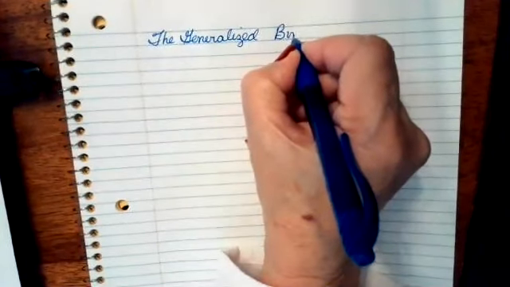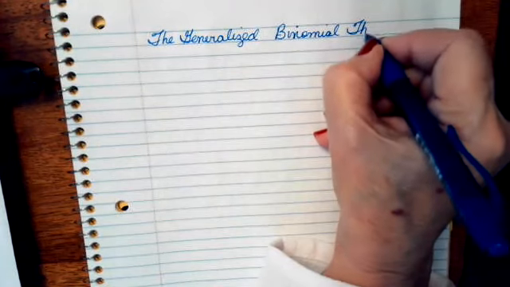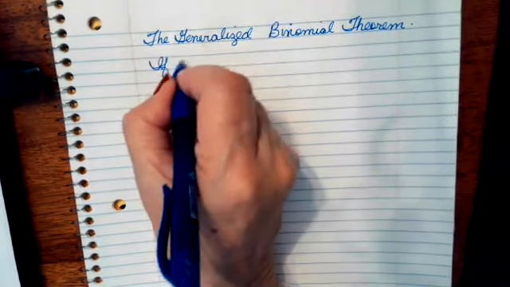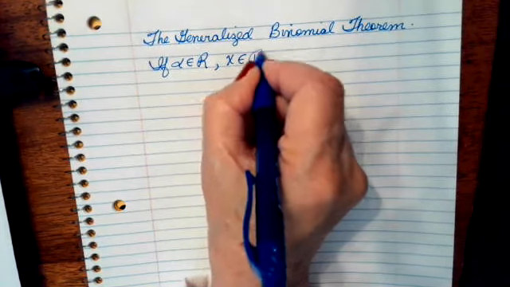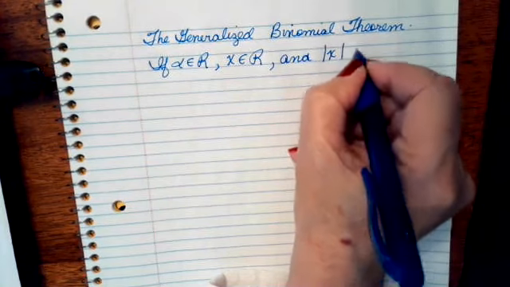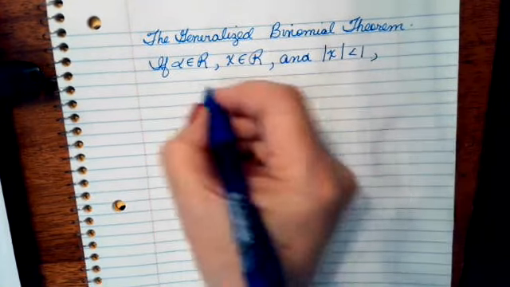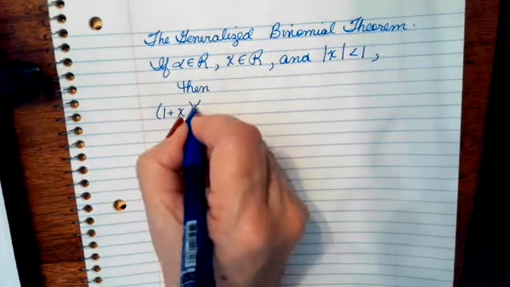So today, the generalized binomial theorem. This is not the Newton one, but the all-time general binomial theorem, generalized, says if alpha is a real number, x is a real number, and the absolute value of x is less than 1, then 1 plus x to the alpha,